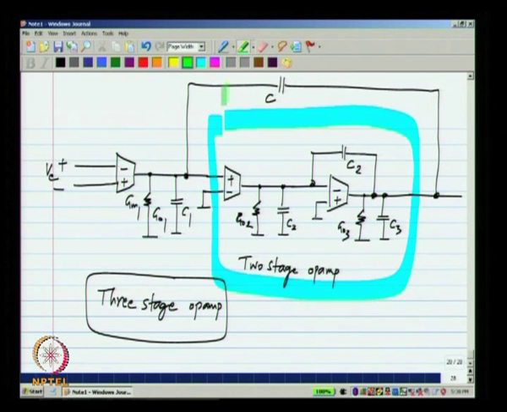What is better about it? First of all, the reason we went to multiple stages in the op amp is to get higher DC gain. The DC gain that you could get from the first single stage op amp was not good enough. What is the DC gain of this stage? If I open circuit all capacitors, I will simply have GM1, GO1, GM2, GO2, let me label these things, GM2, GO2, and this is GM3 and GO3, all of them in cascade. So, the DC gain will be the product of the DC gains of the 3 stages. Okay.